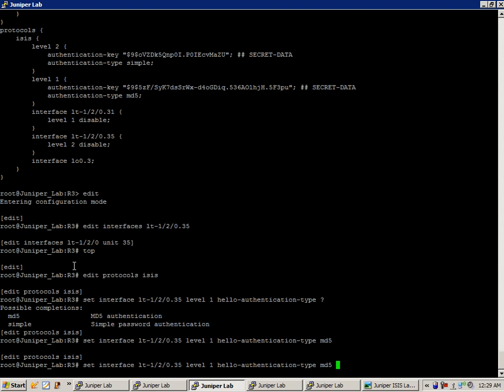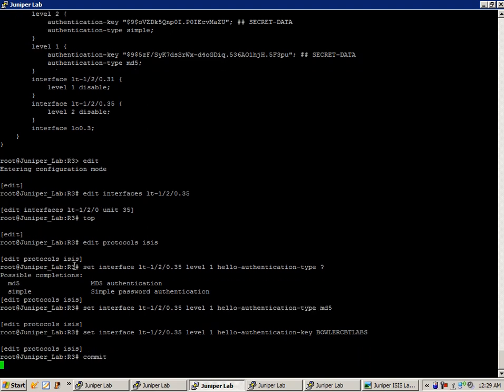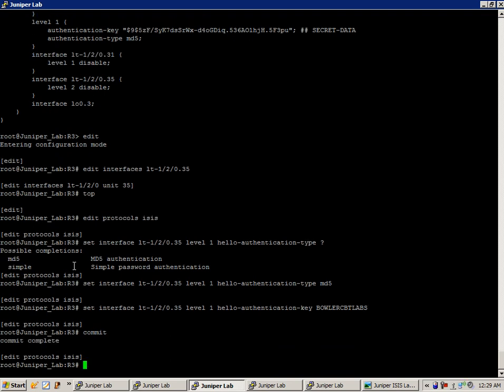and then under edit protocols IS-IS, we're also going to do the command set interface LT120.35 level 1, and then instead of hello authentication type, we're going to do hello authentication key. We're going to set this up as just uppercase Bowler CBT Labs. We'll go ahead and commit the changes on R3, and